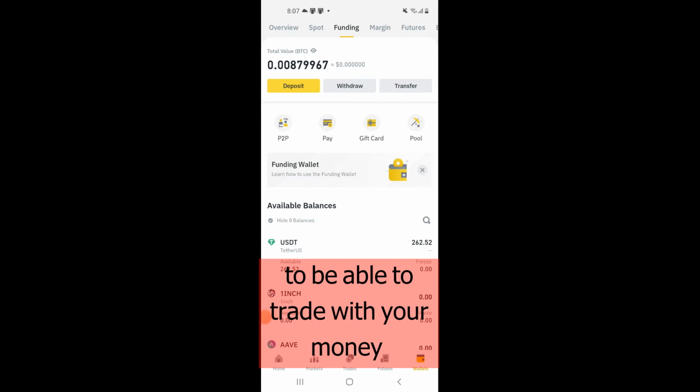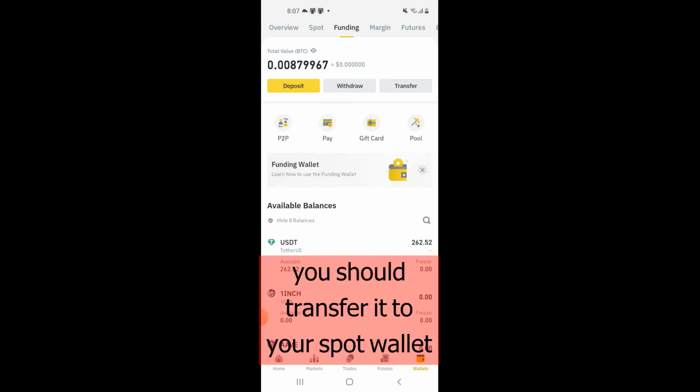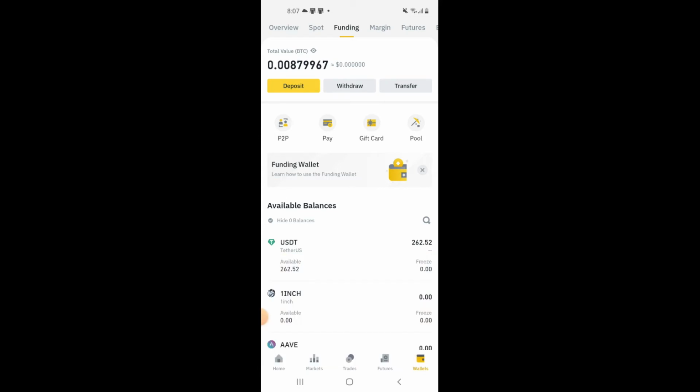Okay, so now, if you want to trade with this amount as spot daily trading, you have to transfer this USDT coin to your spot wallet, so you'll be able to trade with that amount. It's really an easy step.